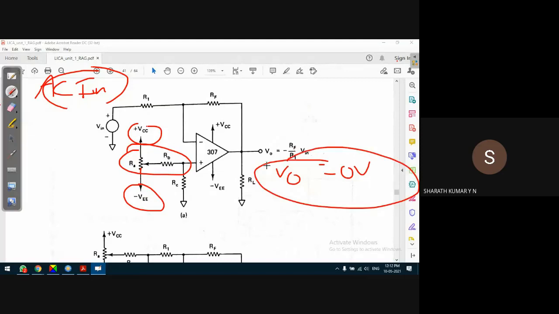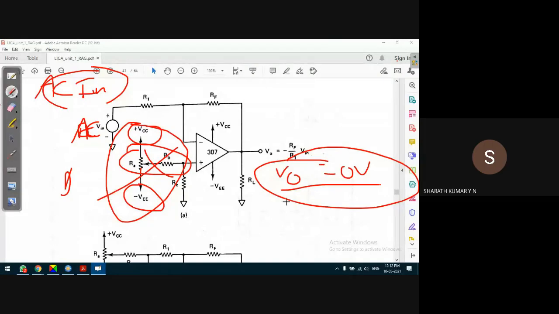This network is not necessary for a DC amplifier circuit. If it is a pure DC input, then this is not necessary; there is no question of adjusting, and that is an advantage of DC amplifiers. But when it comes to an AC amplifier, there should not be any DC, I mean DC should be 0. So to make sure that the output offset voltage is 0, you have to provide an input offset voltage. That is this network.